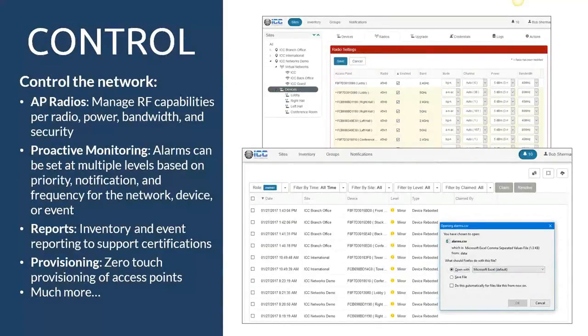So when we start looking at it a little bit more from an operational perspective, not only are they able to make sure costs are effective from an ongoing services perspective, but you can also do proactive monitoring. So you have multiple levels of alerts, right? Not just simply alerting you to everything, but it's quite possible, based on the SLA with a customer, to say, okay, is this a minor alert? Is this a major alert? Is this a priority alert? And set those different alerts to go to different individuals.